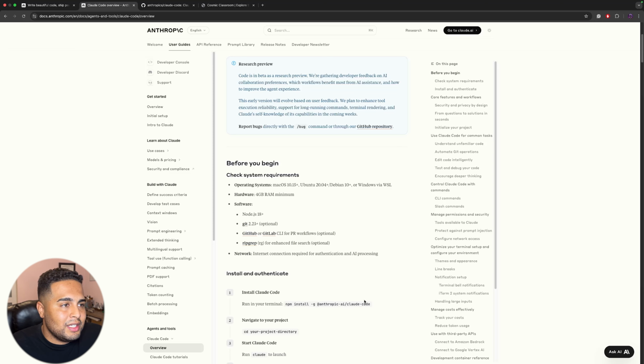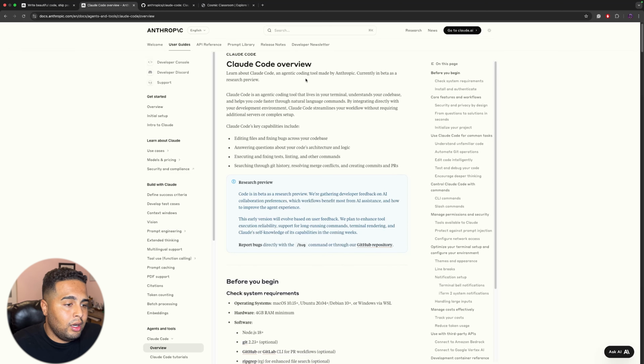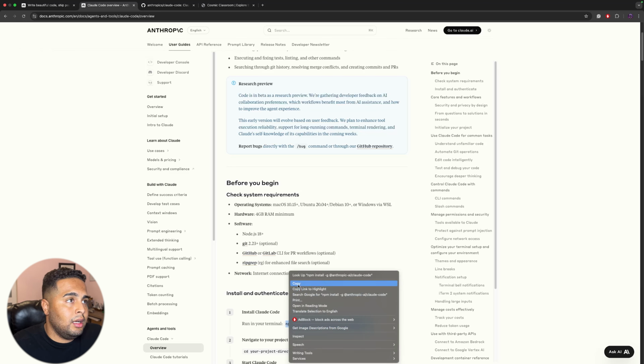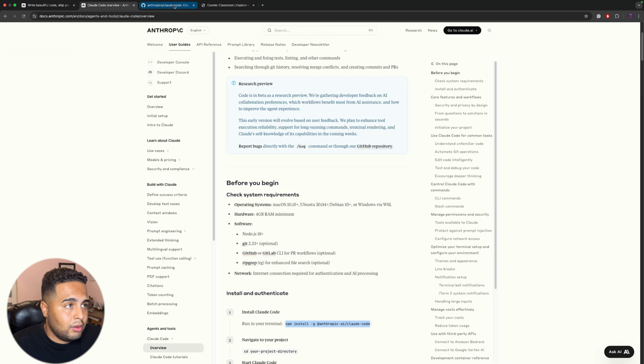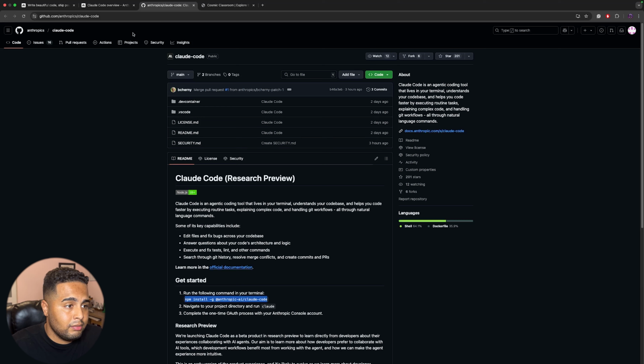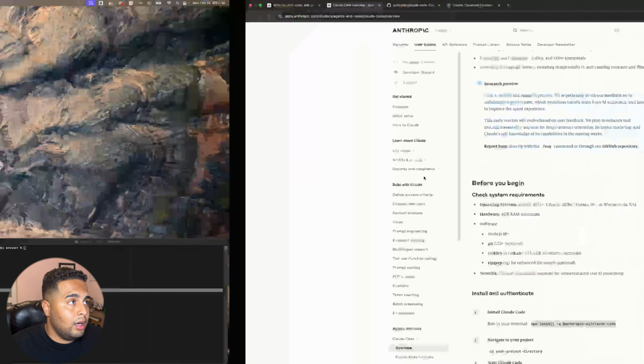So as you can see in the instructions for the Claude Code overview, it tells you to npm install. So we're just gonna take this right here and we're gonna copy it. And so I copied this, and like I said before, I'm going to be including the GitHub as well. But so I did copy this, and now I'm going to go over to